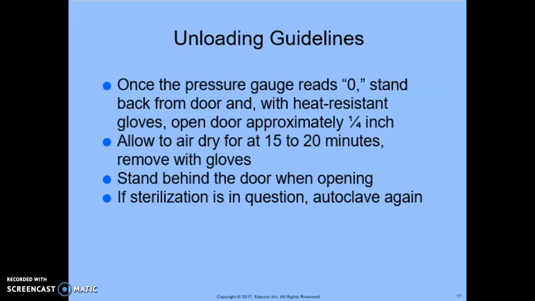And then you still want to make sure when you go in to remove the packets that they aren't too hot. So you can have the gloves available or the towel. You want to stand behind the door when you open it because, again, some of the steam might come out. And if at any time the sterilization is in question, you want to